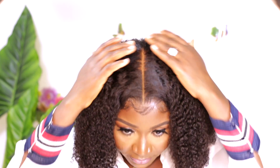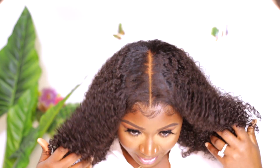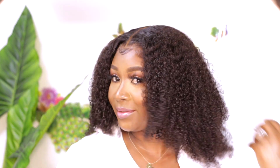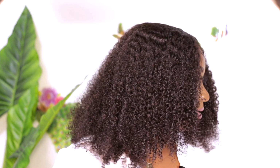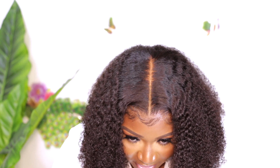So guys, this is the final result, and this is what the hair looks like. The scalp right here is so natural, and wow, I love this hair. Look at the curls, they're so beautiful. The lace is super thin that you can barely even see it. You guys know I love HerGivenHair. They're one of my favorite companies. The only thing is that they are